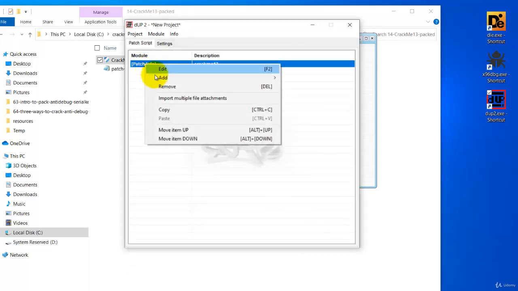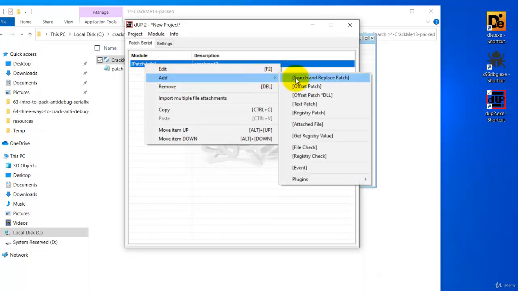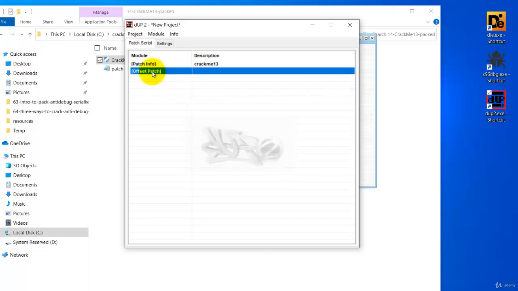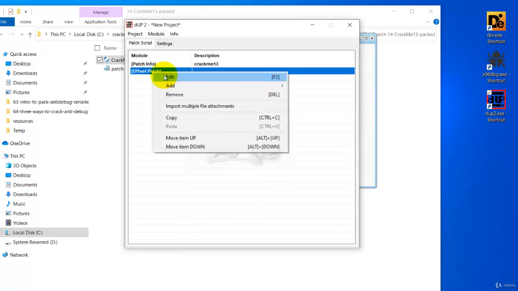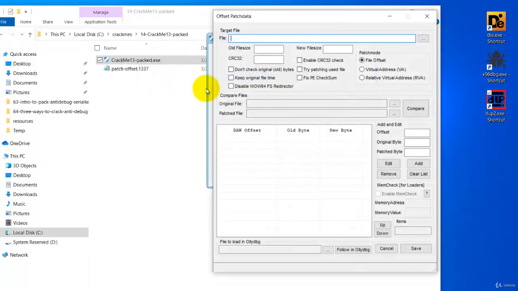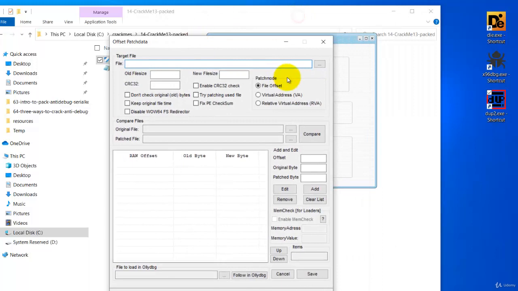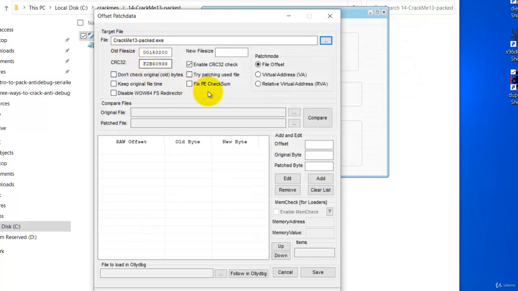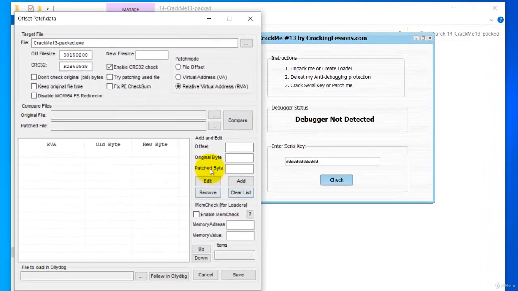and then select this and right click, add offset patch. So click offset patch, and now over here right click, edit. You can either select edit or you can just double click on it. So now your target file, just select it again, which is this file. Over here you select relative virtual address,